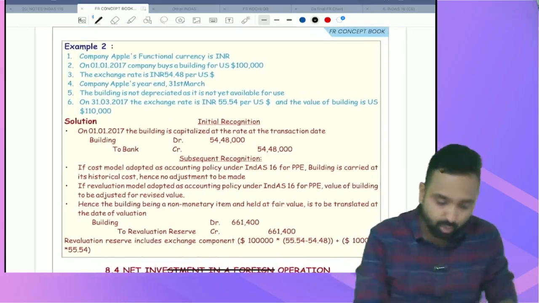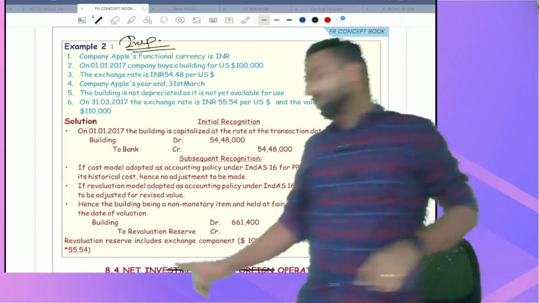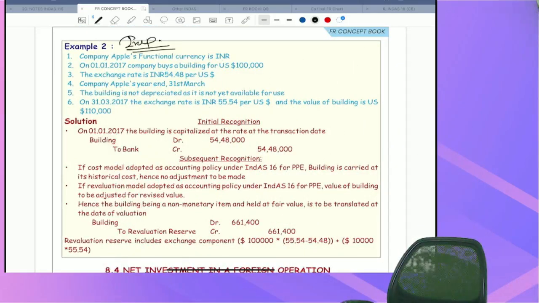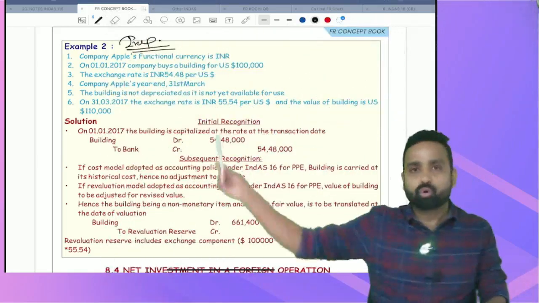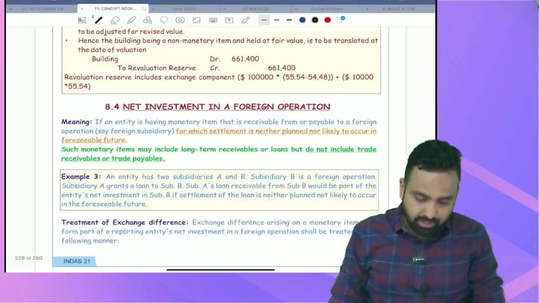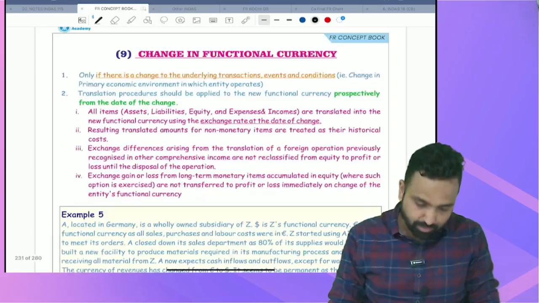Yes, example 2 is quite important. Example 2, what is the name? Investment in. We discussed the example now. Same example, a machine basically, and revalued. It is a machine based on OCI, so you have to transfer the exchange difference to OCI. Do the example at home; definitely it will be understood. Don't worry. Are you understanding or not? Very good. Now the next point which is important.